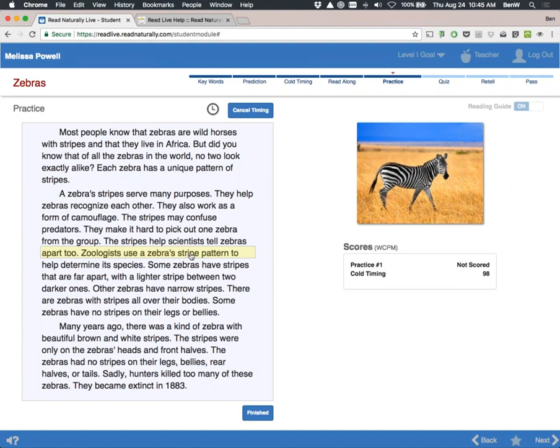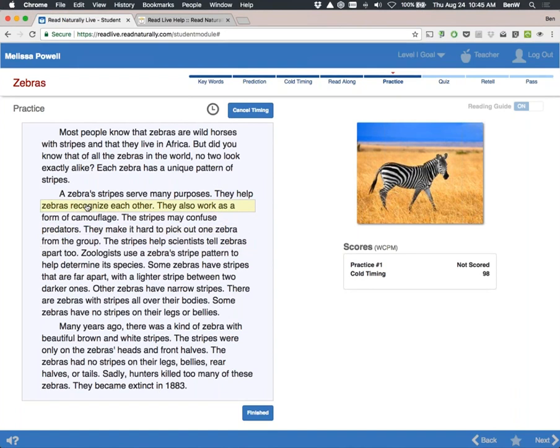So if students are continually practicing fewer than 3 times and reaching their goal right away, or conversely, practicing more than 10 times and are unable to meet their goal, those would be indicators that other aspects of the student's progress need to be reviewed in the reports to determine whether a setting needs to be changed, most likely their goal.